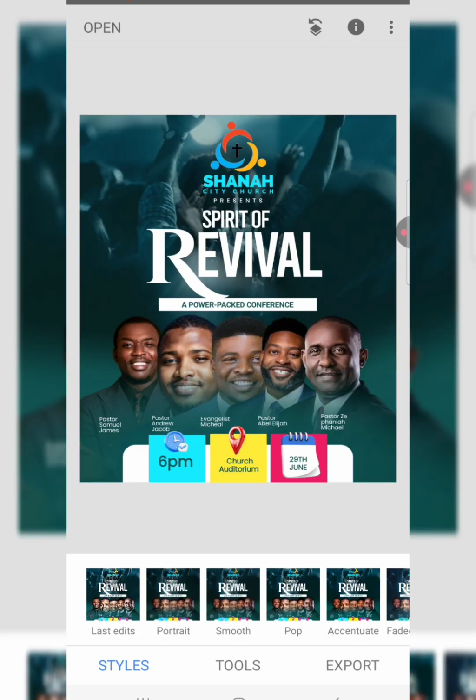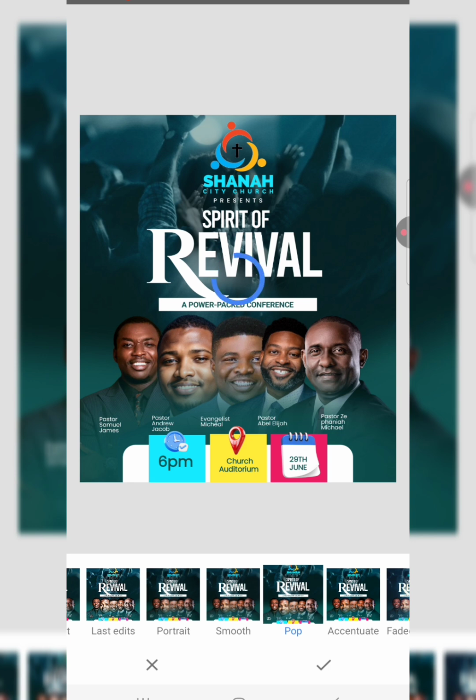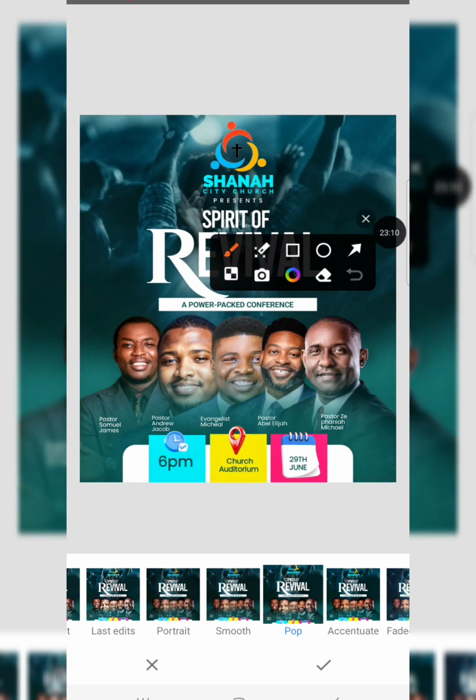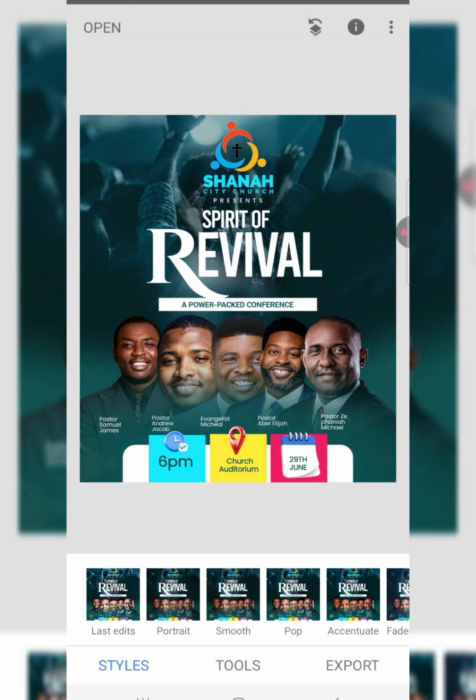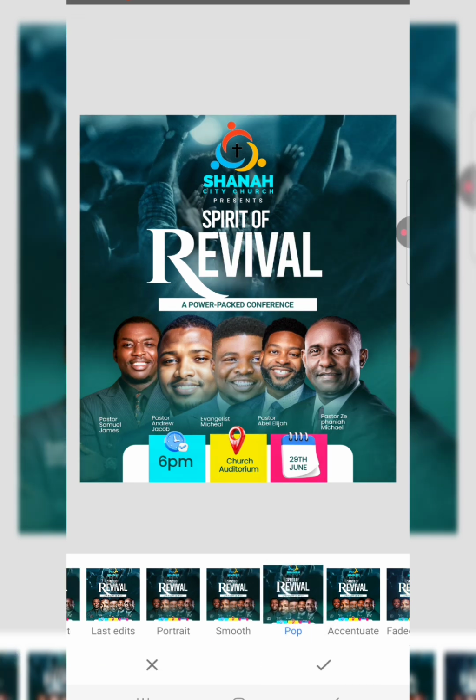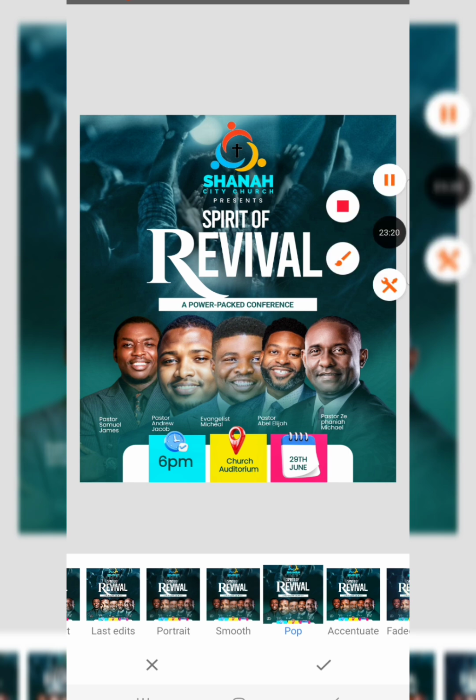Then the first thing we're going to do is to make this design pop. So we're going to click on this preset, and we're going to pop up the design by clicking here. Alright, let me undo it so that you can see the difference. So you see the difference where you click on pop, it changes. So click on check mark. Once you have that,